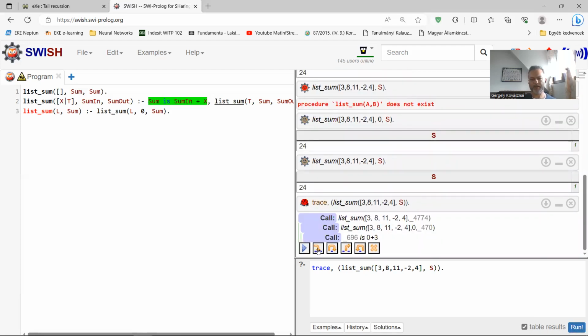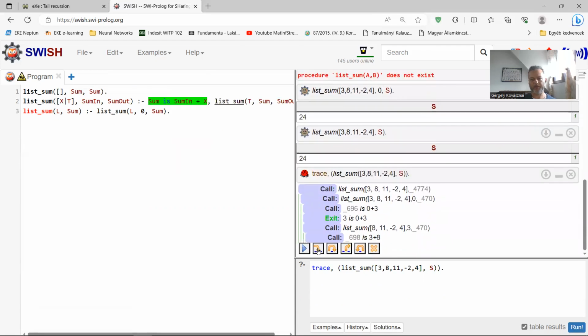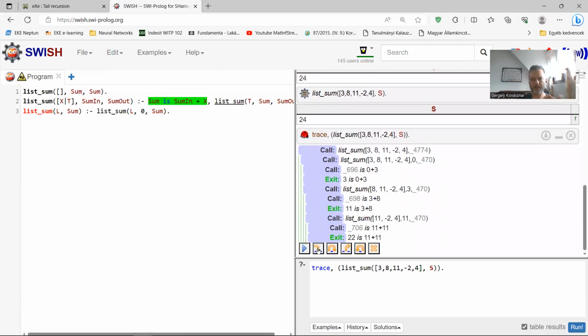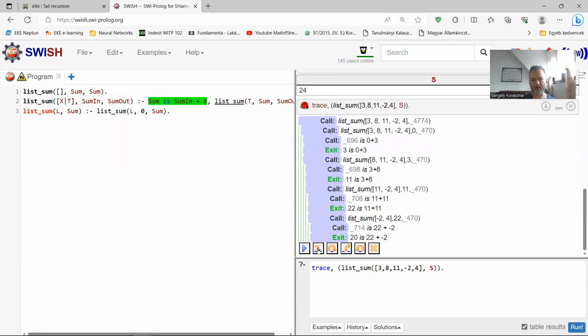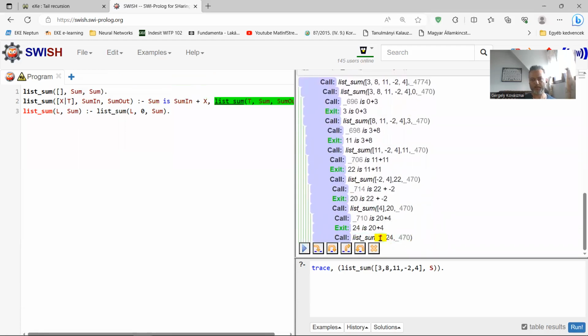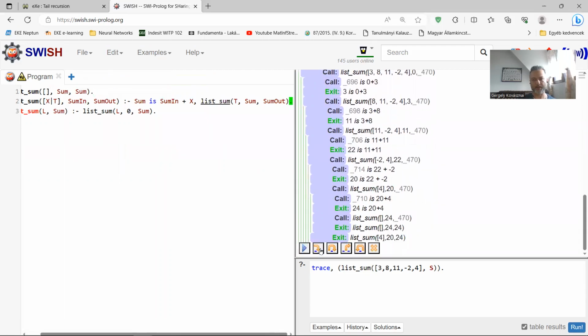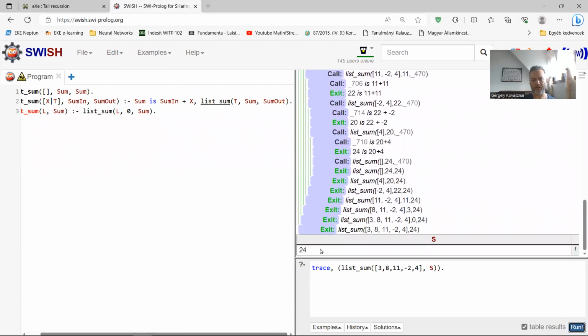It seems that we are calculating partial results at the very beginning when doing the recursive calls. As you can see here, some partial results like 11, 22 are calculated until we hit the base case, the empty list. And after that point, there is no calculation taking place. We are just backtracking, just returning the final result to the prompt.